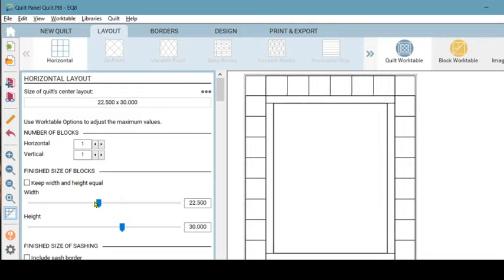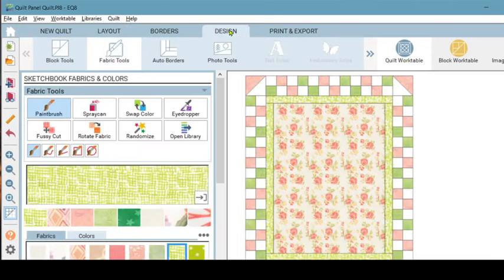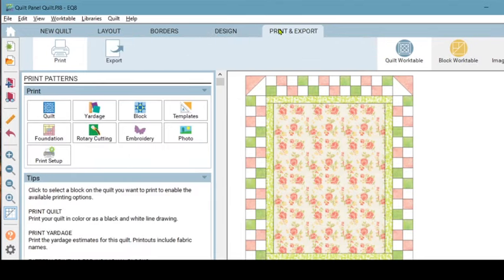So let's go 22 and 30. Okay, then I'm going to come back over at the top to my design. My size of my finished quilt right now is 33 by 41 total. So I'm going to go back into my print. I'm going to select my block. And you see now I'm 4.0 and my height is